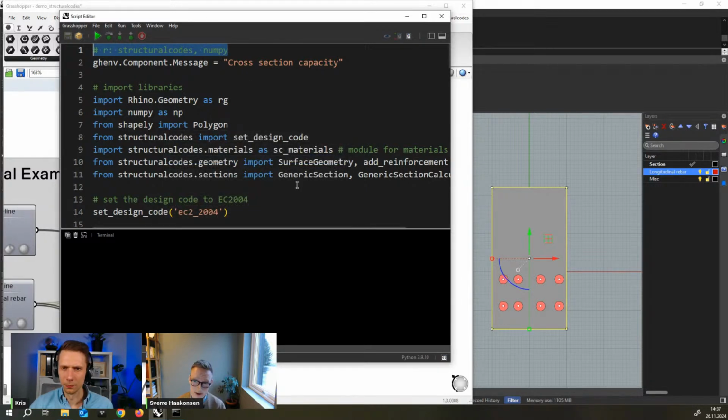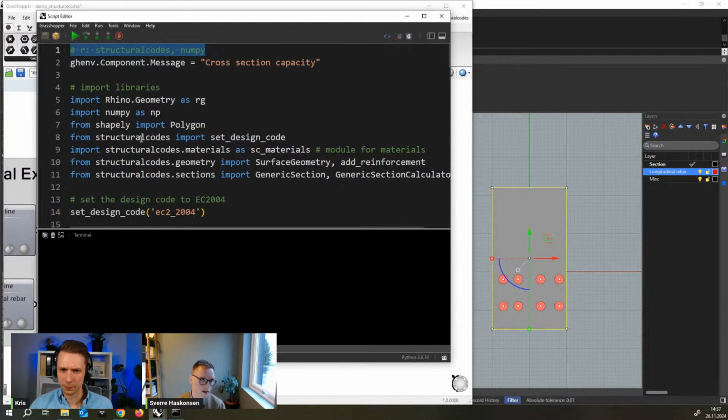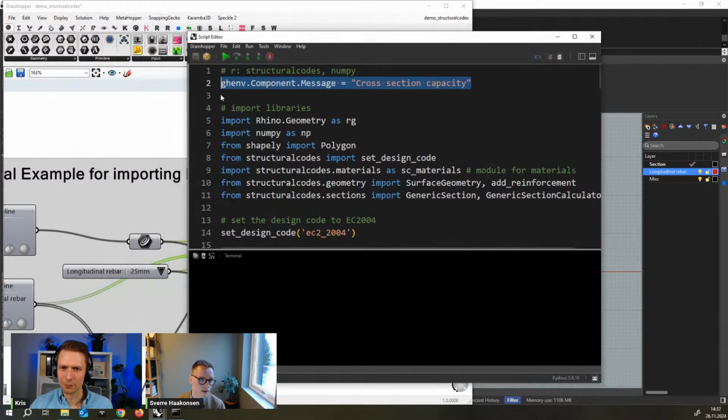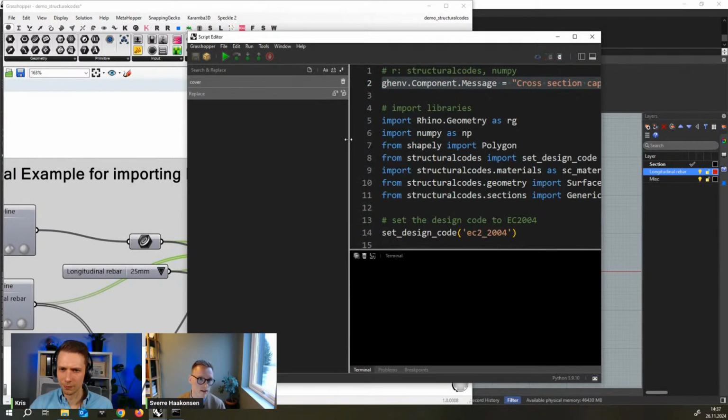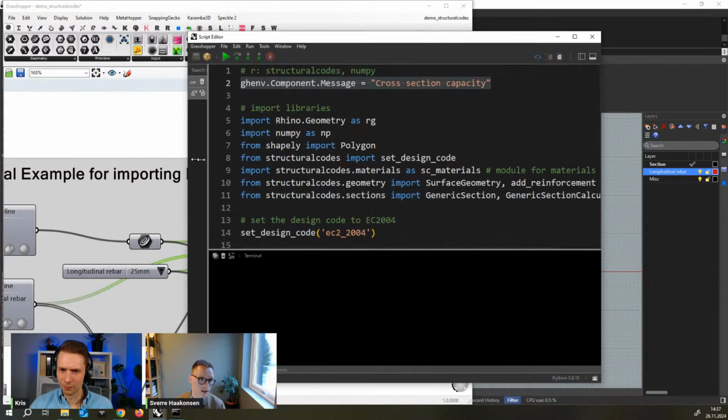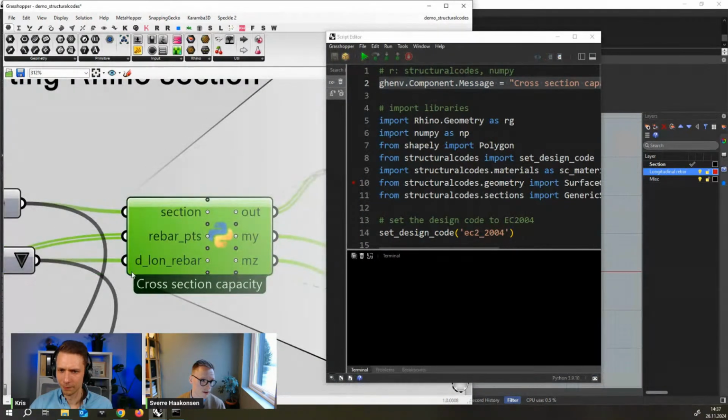So if you share this with anyone, as long as this line is here, when they open the script, it will download the necessary packages for them to run the script as well. And then a small little feature of the Grasshopper script component here is this ability to message the component, just to make it easy to see what's actually going on. So that's just a line appearing here. So if I comment it out,